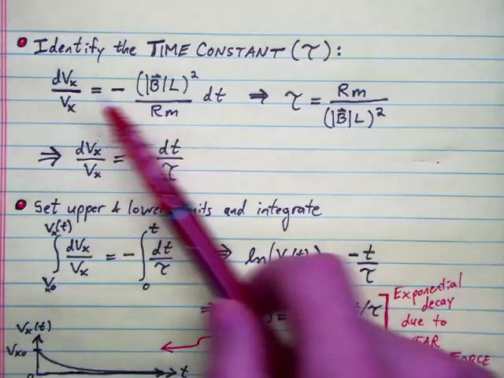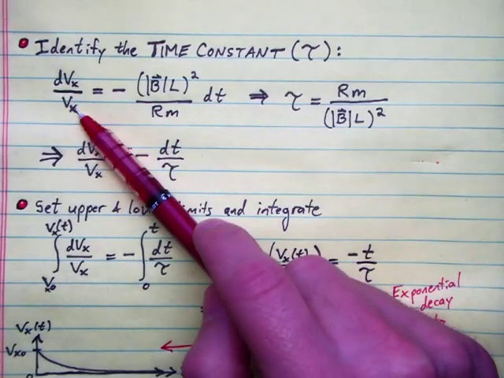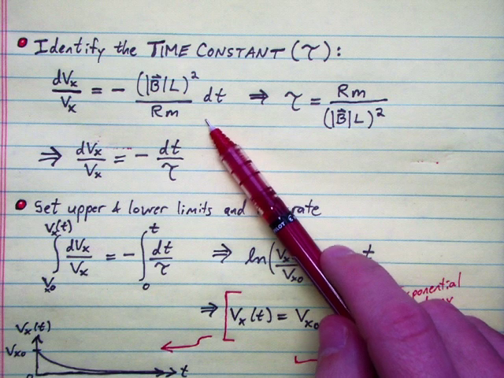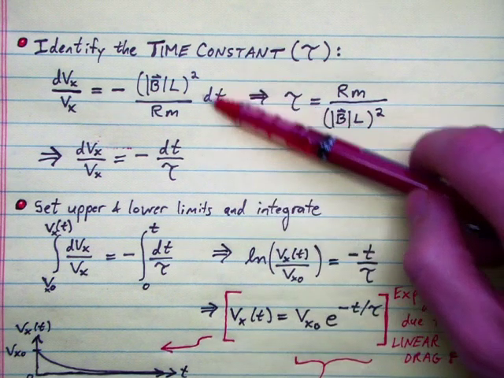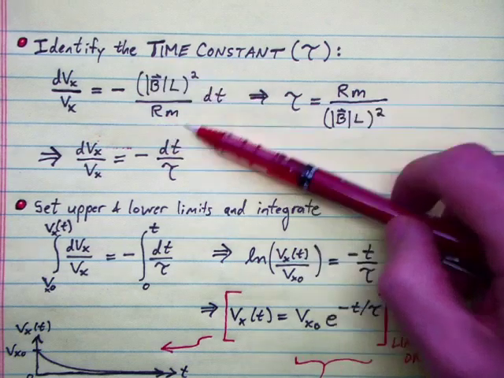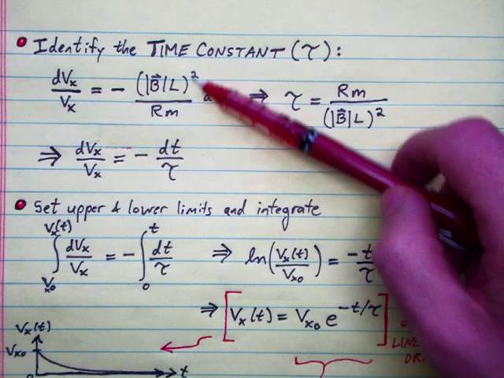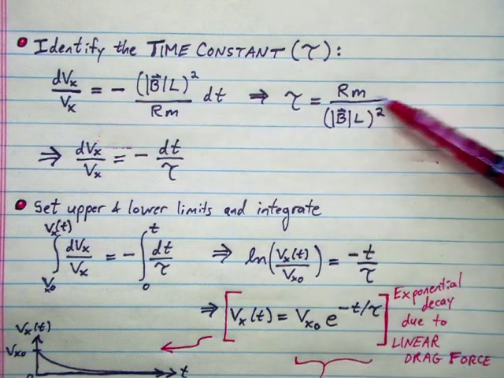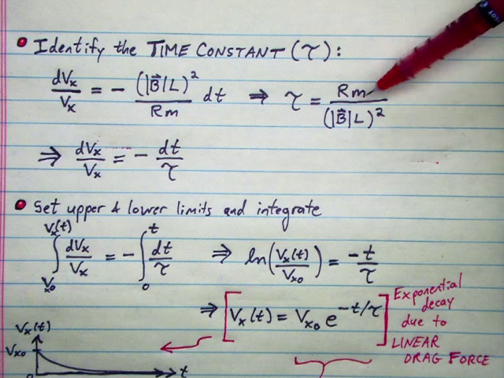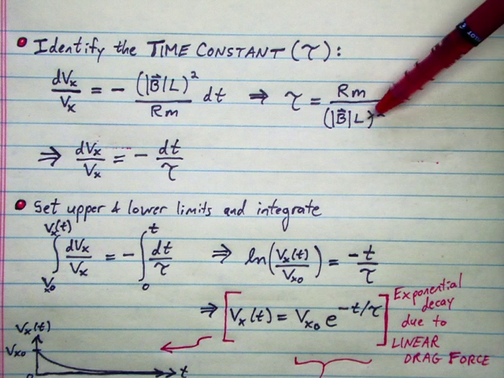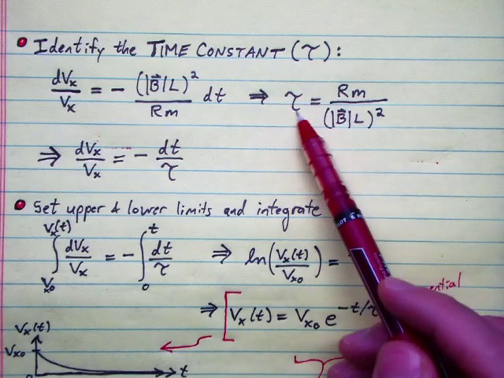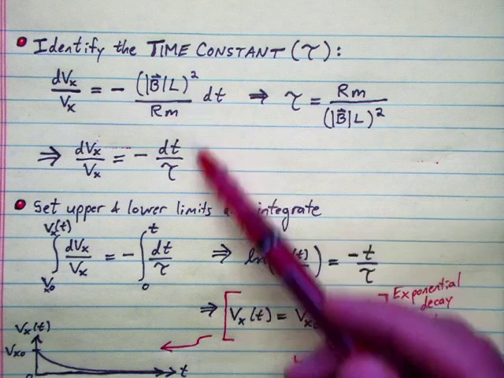Note the dimensions on both sides of this equation. Here we've got a velocity over a velocity, that's dimensionless. So if the left-hand side is dimensionless, the right-hand side must be dimensionless as well. So we know this is a time, therefore this combination must have units of 1 over time. Therefore, the reciprocal of this, Rm over Bl squared, must represent some amount of time. This combination of a resistance, a mass, a magnetic field strength squared, and a length squared apparently is equivalent to some amount of time. Therefore, let's define our time constant tau to be this combination and replace that with tau,